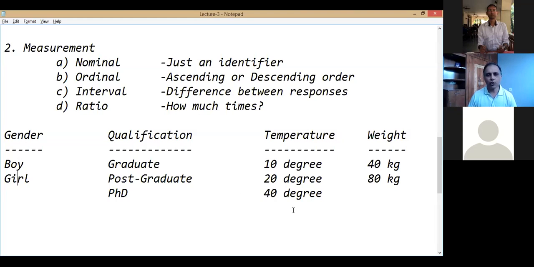Then there are a few more types in closed-ended. Other than multiple choice question and binary question, there are ranking question, rank the following, and scale. Now whenever I say scale, people say, yeah, we know, it's a Likert scale. No. As of now, we will say scales are of two types, reflective and formative, and we'll have a separate discussion on this some other day.